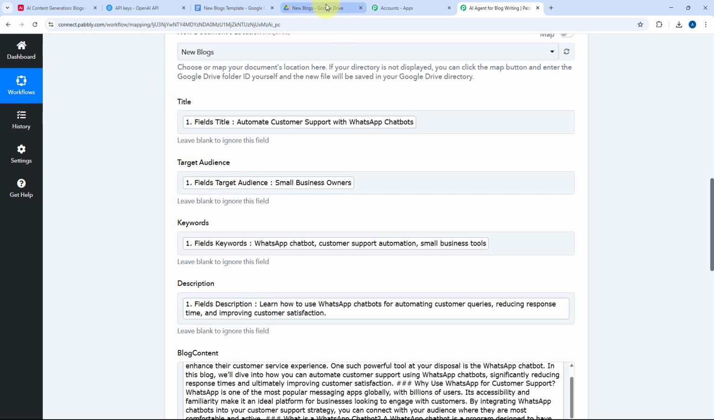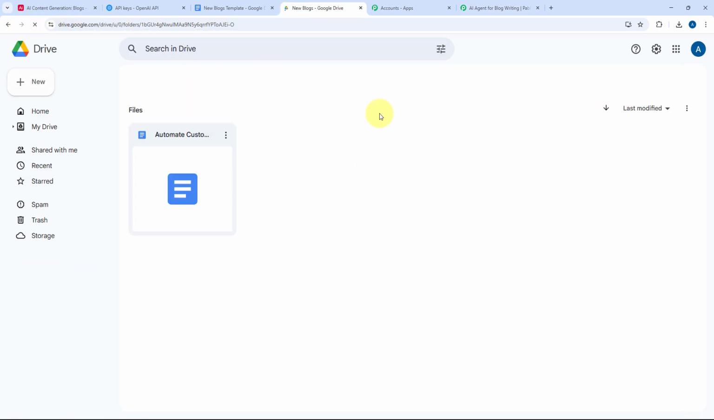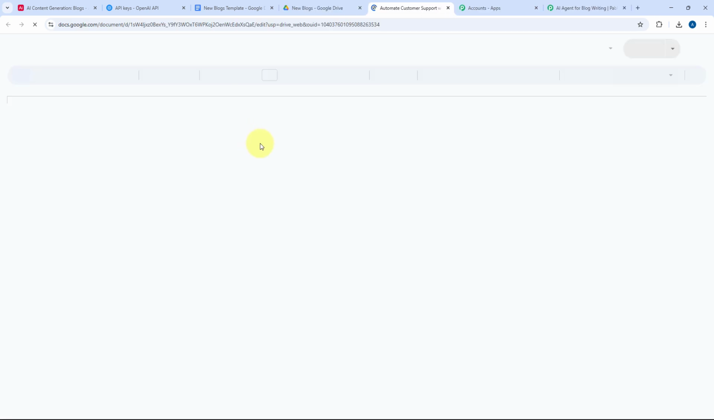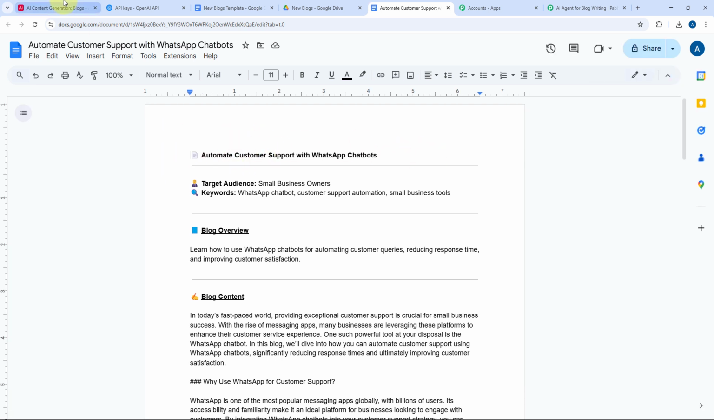So let's check it. We will just go to the same Google Drive folder and refresh this folder once. And yes, here you can see that into the same Google Drive folder, the document is created and added. And if I open this document over here, this is the same document in which we have added the details